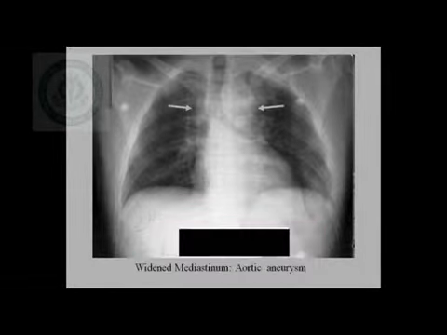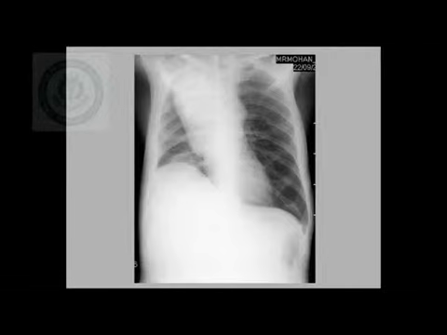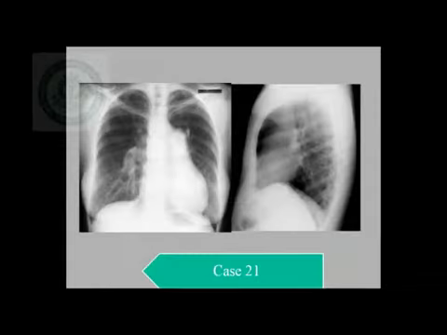A widening of the superior mediastinum. This point should be very carefully noticed. This is only a subtle widening of the aorta, obscuring the left heart border. This is an early stage of fusiform dilatation of the aorta, compared to the florid case, which is a saccular aneurysm arising from the ascending as well as the arch of the aorta, causing a phrenic nerve palsy, resulting in elevation of the right dome of the diaphragm.